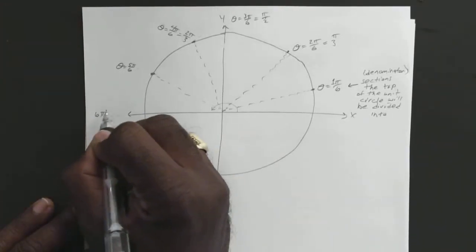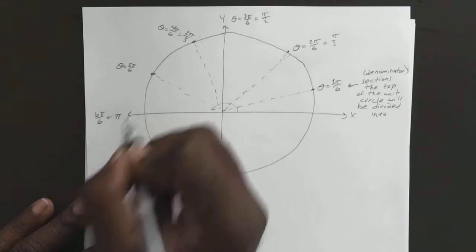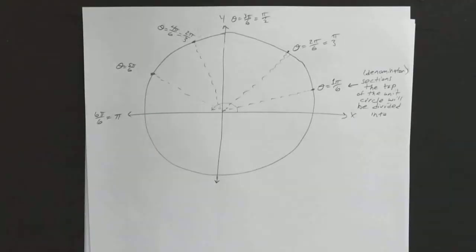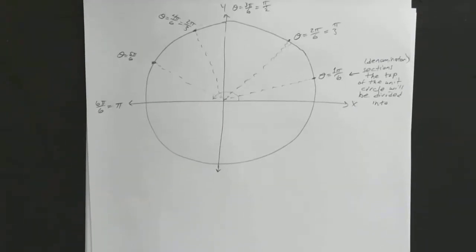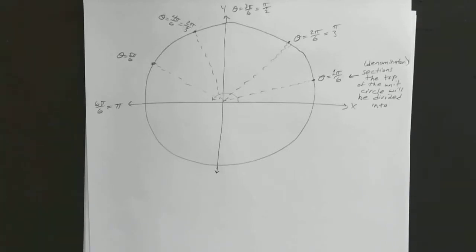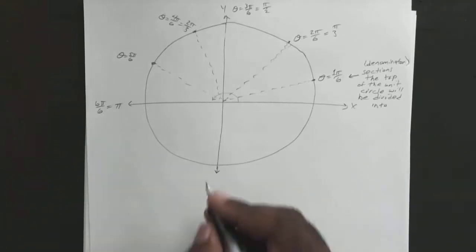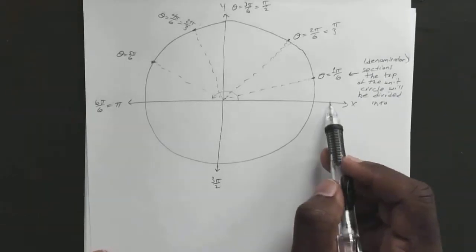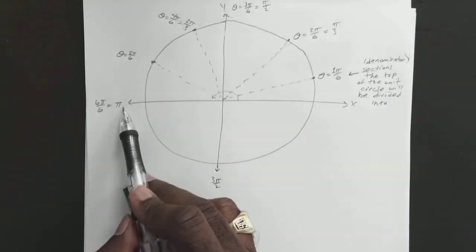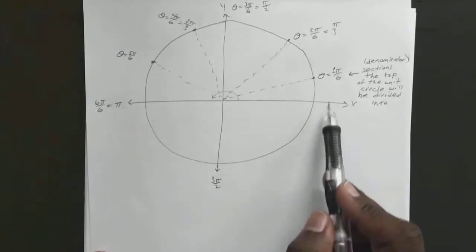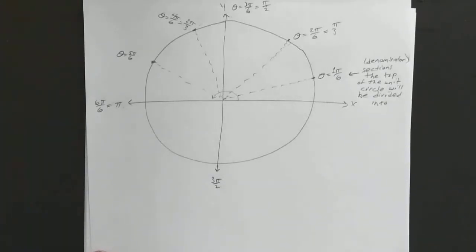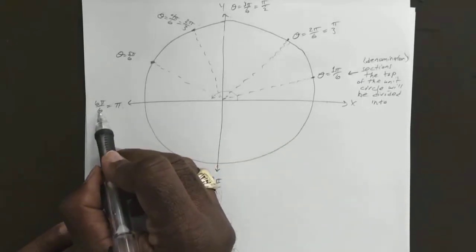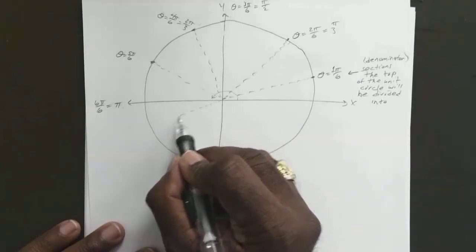So by the time you get here to 6 pi over 6, it's just pi. Okay. Now we know that this is our 3 pi over 2, because remember you have 1 pi over 2, 2 pi over 2, 3 pi over 2, 4 pi over 2, which is 2 pi, a complete circle. Okay, so if we go from 6 pi over 6,